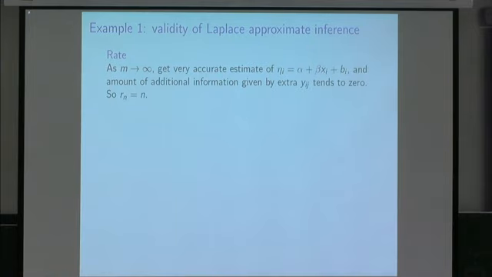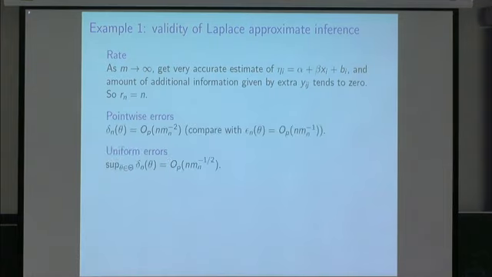First of all, we have to work out what the rate is going to be, which turns out to be probably one of the harder parts of this. In this particular example, as the number of observations per latent variable tends to infinity, eventually we get a very accurate approximation of the combination alpha plus beta xi plus bi, because we have lots and lots of observations whose distribution only depends on that combination. So as we get one more extra observation involving that, the additional information gained tends down towards 0. That means the rate that the information grows about the parameter is just n, the number of latent variables.